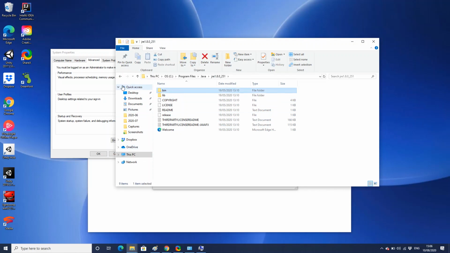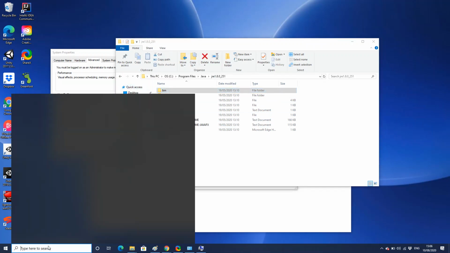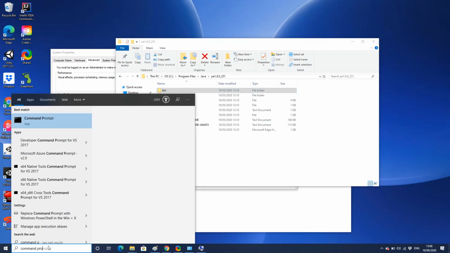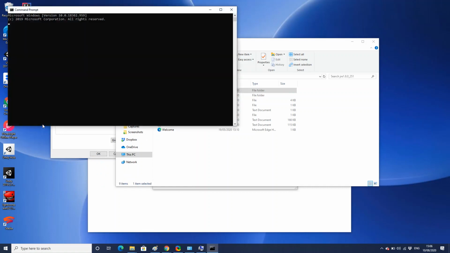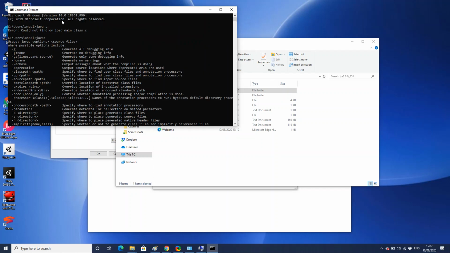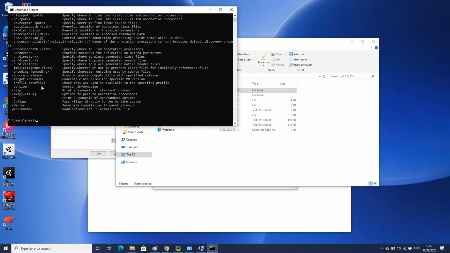So to test that, you then go to the command prompt, and type in javac. Sorry, javac. Okay, hold on, just let that load. Okay, there we go. And then you've got all these file paths here with regards to the